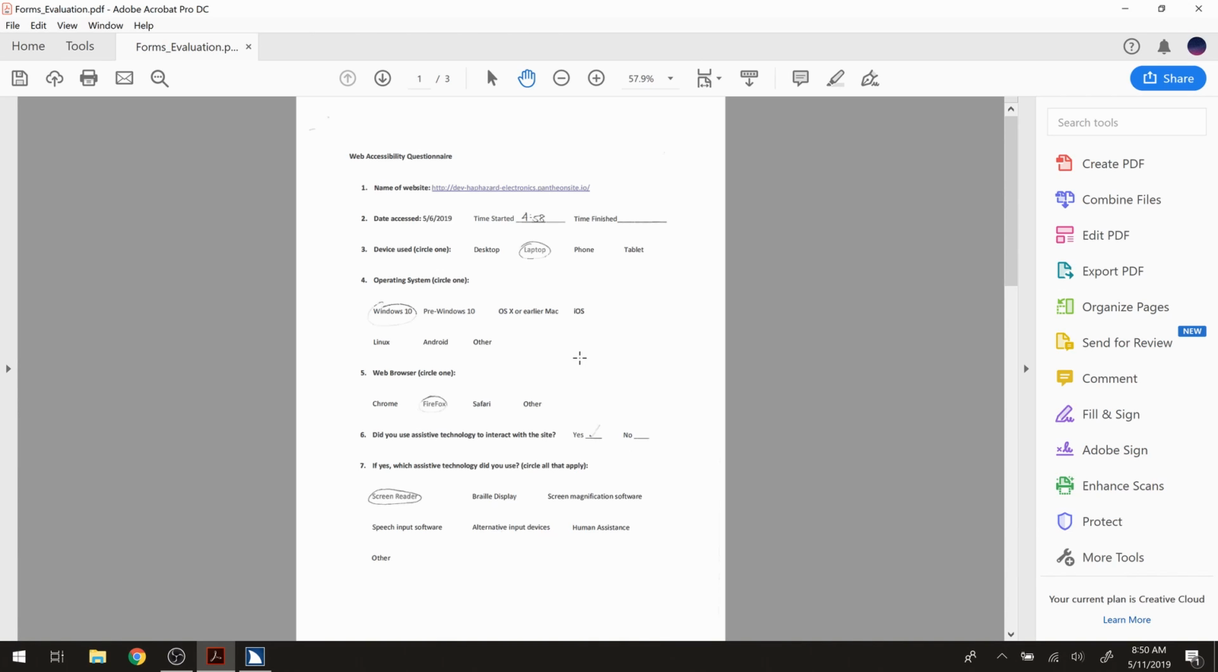2. Date accessed: started 4:51, time finished ______. Okay, that's not too bad. Next line, arrow down. 3. Device used (circle 1): . 4. Operating system (circle 1):